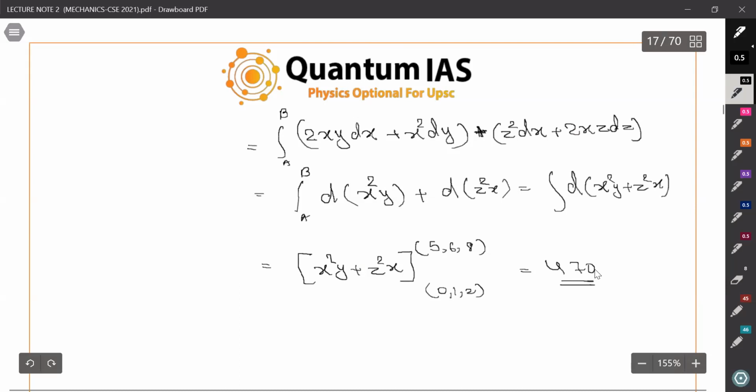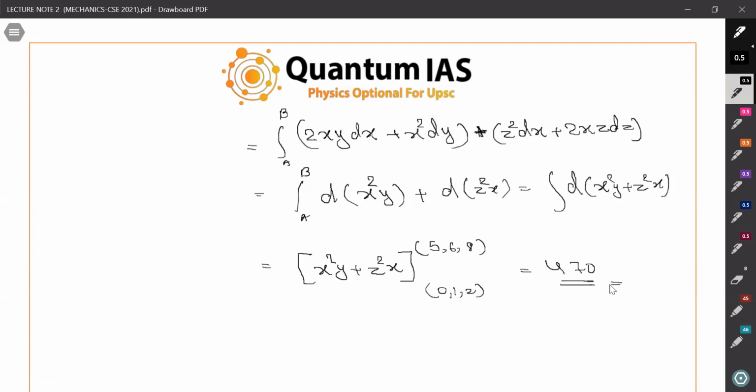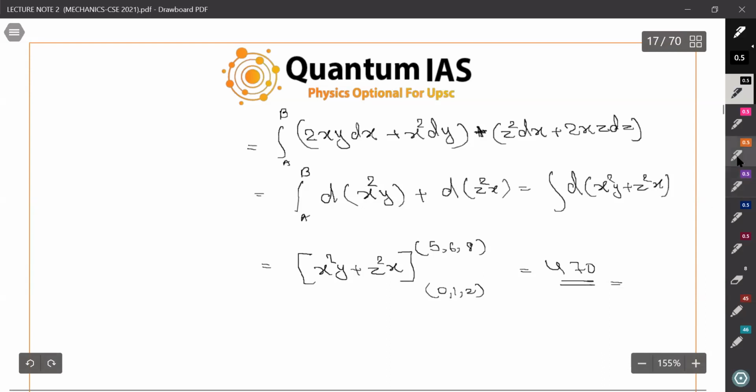Okay, whatever the unit will be there, you just need to write out the unit also. Unit is important. Okay, so this is the question, and how we are going to solve it, you should know this. So till now we are able to solve: if we have f, we can find u. If we have u, we can find f. If we have f, we can find work. So all of this we can do.